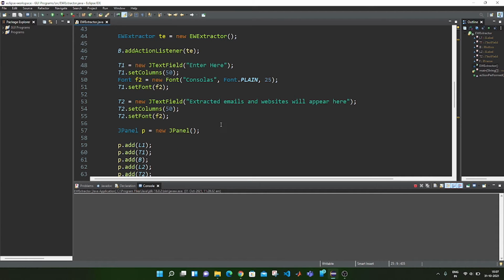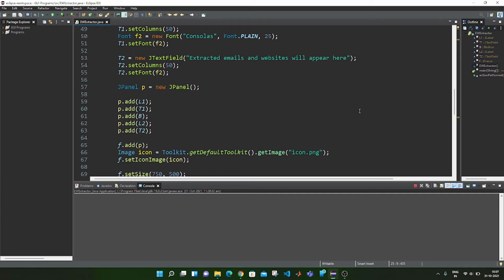Then we are setting the font of T1 as F2, and also the next text field, which is going to show the extracted emails and websites, is going to have the same font, and we are also specifying the columns or the width of both the text fields as 50.